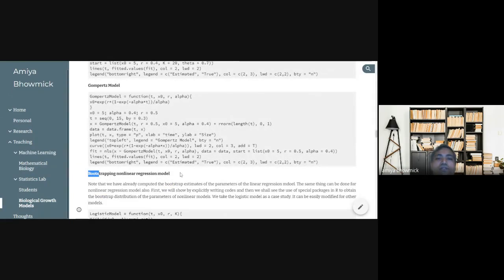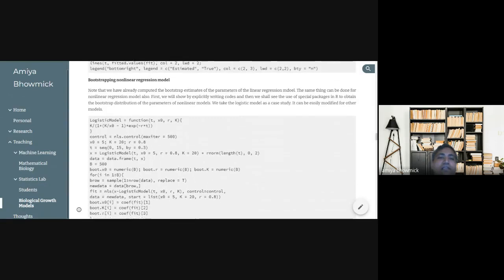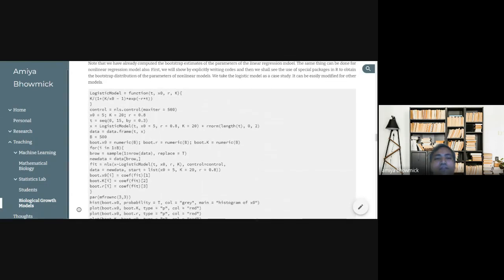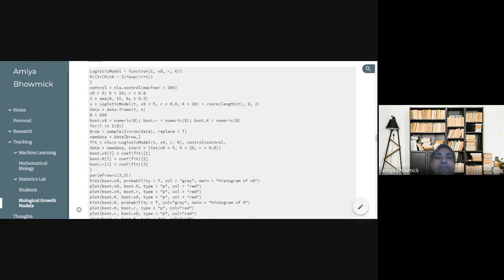As you can see, bootstrapping nonlinear regression models, the codes are also given, and for all the parameters you can find the distributions of the parameters for different models.